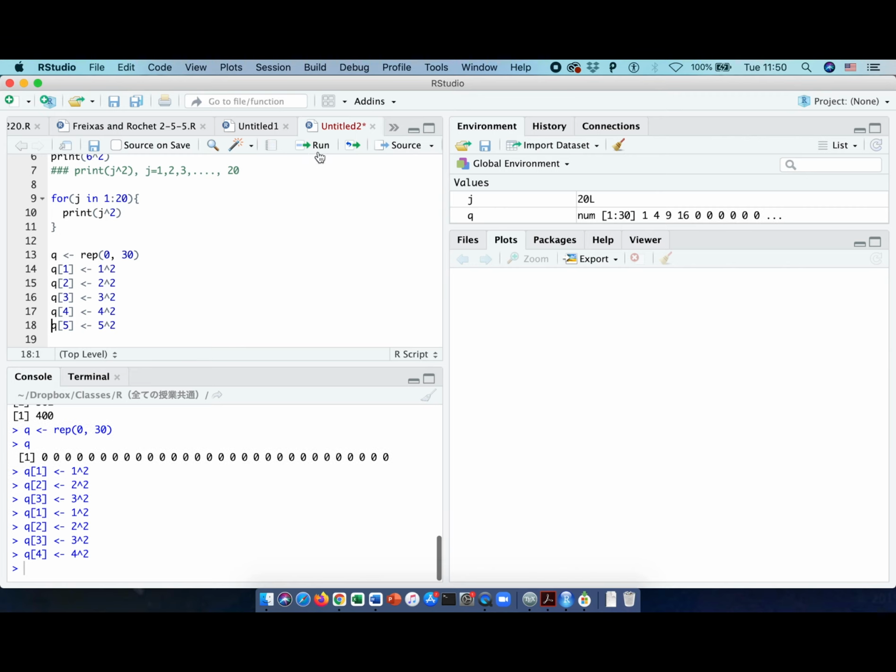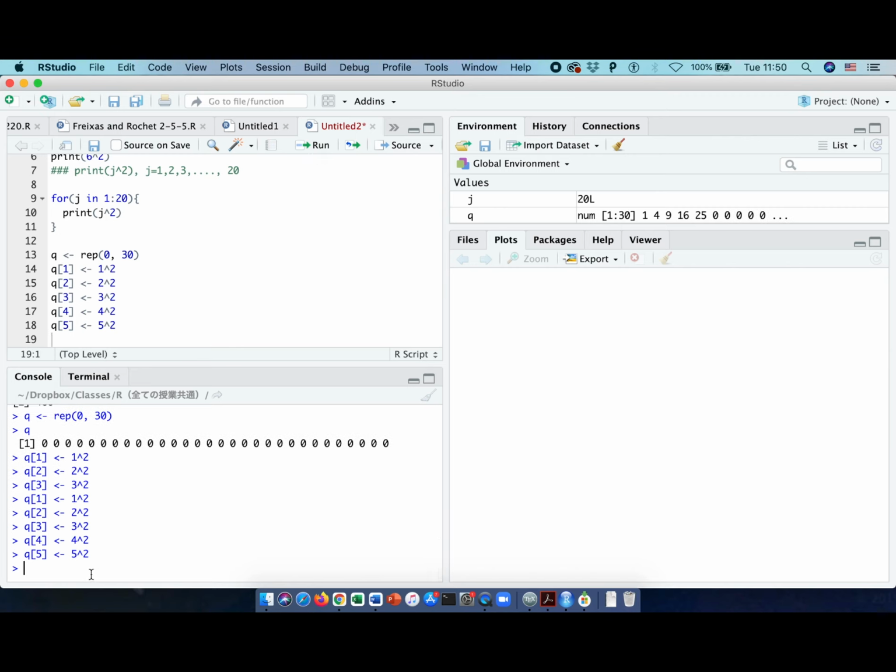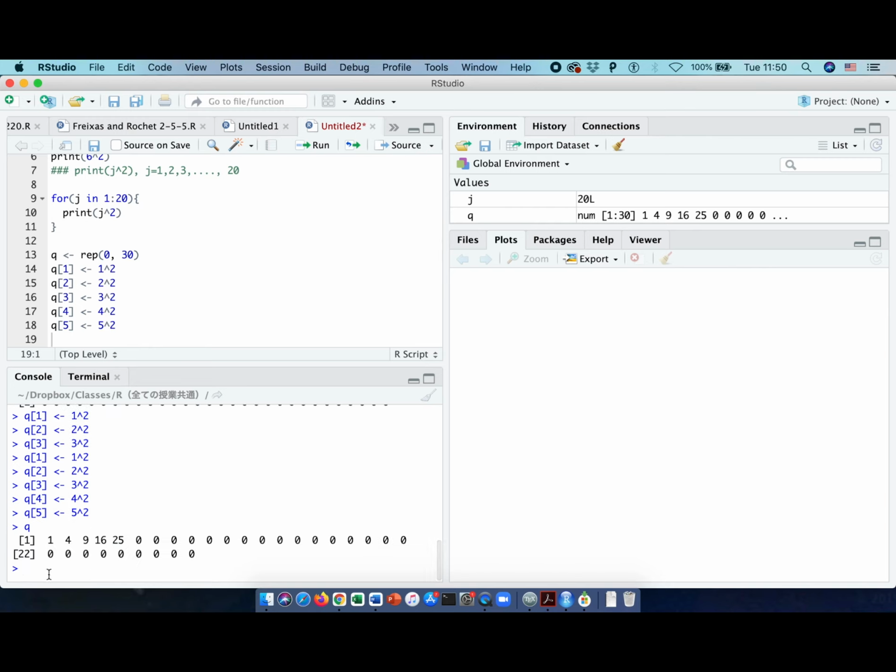You don't want to repeat it 30 times. Now, I computed from 1 squared to 5 squared, but do I want to repeat this